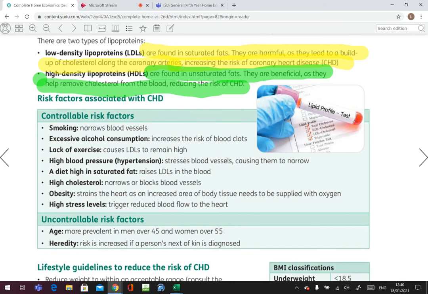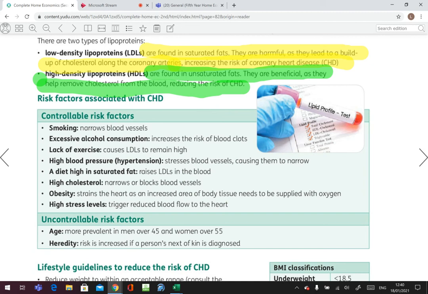So it's 17 and 11, 17 units for men and 11 units for women in the week, because they increase the risk of blood clots if you have excessive alcohol consumption. Lack of exercise. This causes LDLs to remain high. Okay, so when you exercise, your blood pumps faster, the blood goes around the body quicker, and your processes work